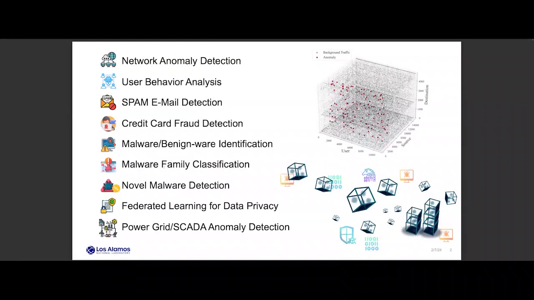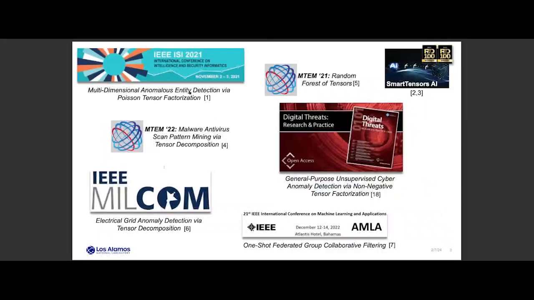So tensor decomposition methods are like a Swiss Army knife. You can apply them to many different things in cybersecurity, from network anomaly detection to user behavior analysis, malware analysis, detecting families, separating executable files from benign samples, data privacy with federated learning, applying it to critical infrastructure like power grids for detecting anomalies to prevent failures, credit card fraud, and so forth, a lot of areas. And the things that I will present today will be us applying these methods to all of these areas,